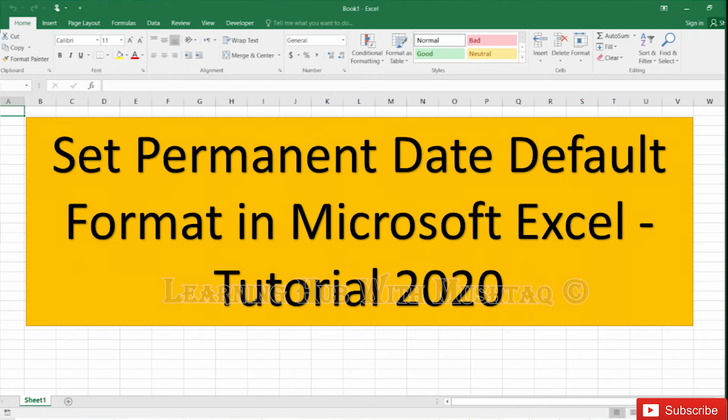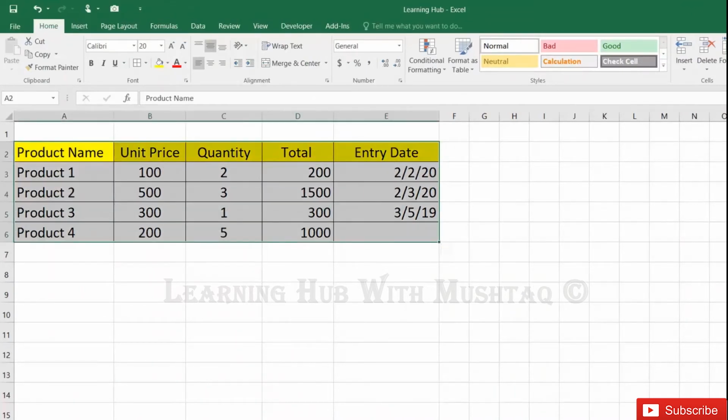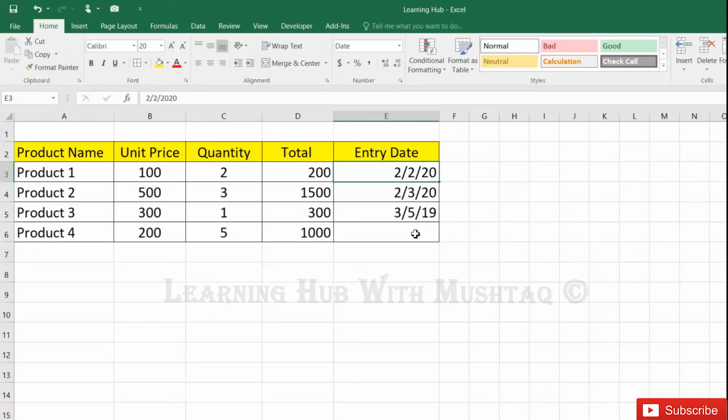Set date default format in Excel. We have one table here, and in this table we have one column, entry date, and you can see there are a few dates. So if I'm entering one more date, 02-March 2020, it will automatically convert into another format,